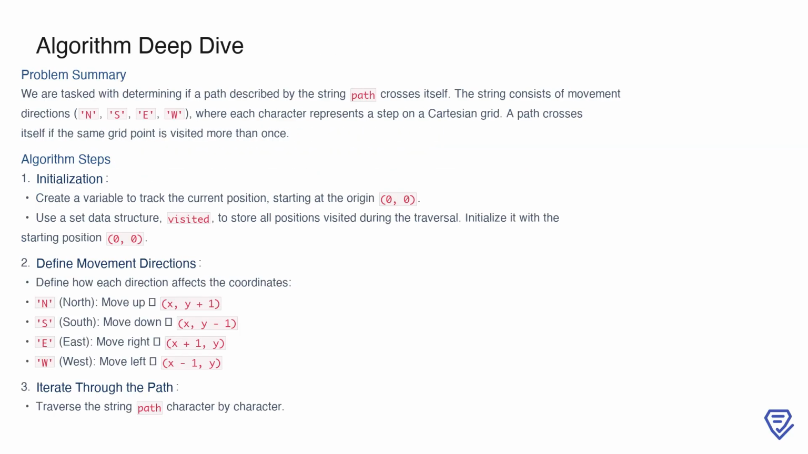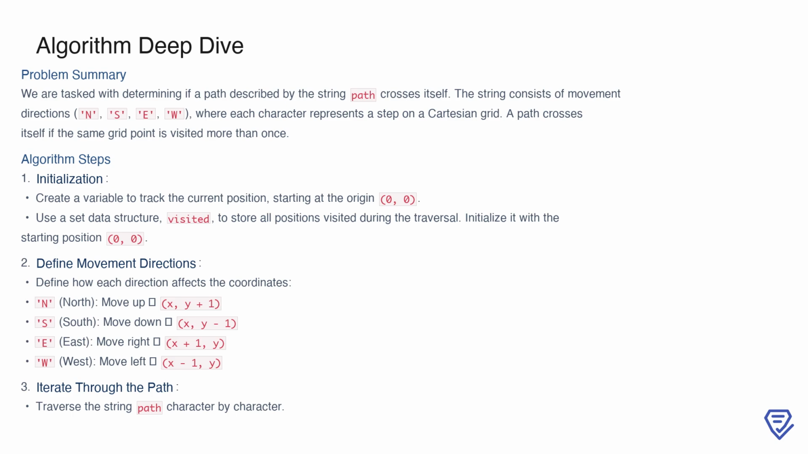In this problem, we are working with a path described by a sequence of movement directions represented as a string containing the characters N, S, E, and W, which stand for north, south, east, and west respectively. Each character in the string corresponds to a single step on a Cartesian grid. Our goal is to determine whether the path crosses itself, which happens when a grid point is visited more than